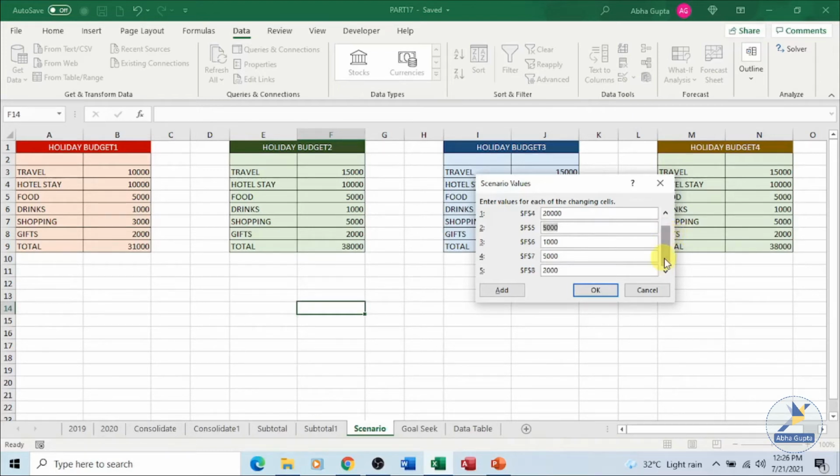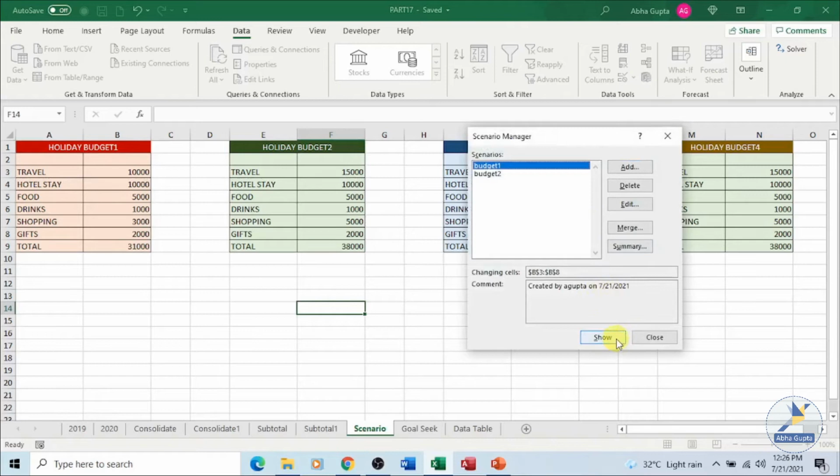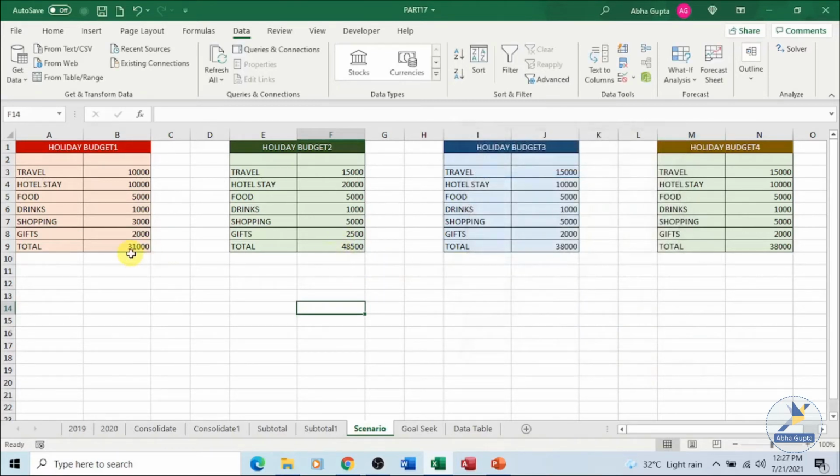And for gifts, I want to make it 2,500. This time the total budget is 38,000. Let's click on OK. You can click on this second budget we are talking about, click on Show. If I close this, you can see this is one scenario, this is the other one, and these are the two scenarios. You can make changes and see the changes in one go.